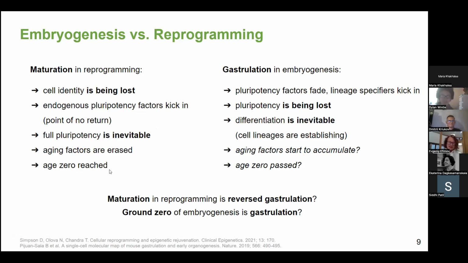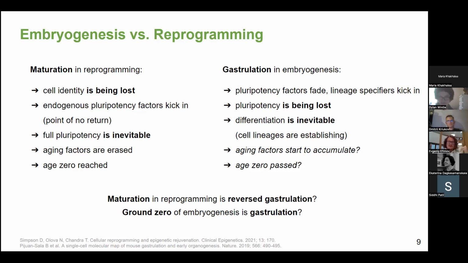Judging by epigenetic clocks, which I'm going to talk about later, and physiologically, I mean, morphologically, they look like young cells, and phenotypically, I suppose, as well, completely young cells by the end of maturation. On the other hand, we know that during gastrulation of embryogenesis, pluripotency factors fade and lineage specifiers